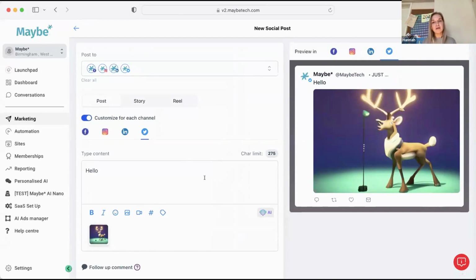So if you don't have an image or a video to go with your caption, use the AI. It'll create lots of fun stuff for you. And as you can see, that's an eye-catching image. If I saw that on a social feed, I'd stop and have a look what it's about. So that's exactly what you want. So that's a really fun feature.